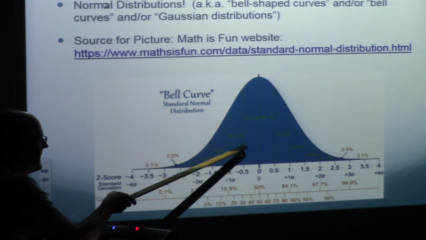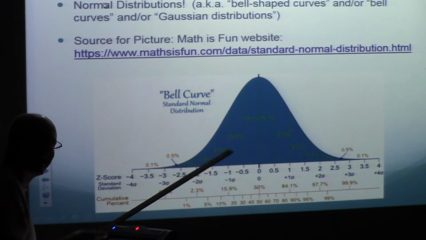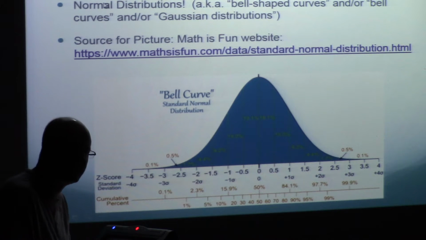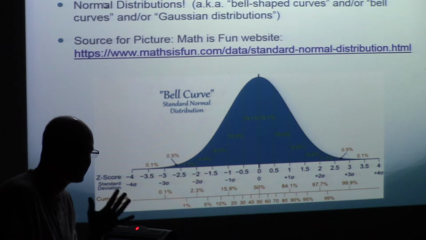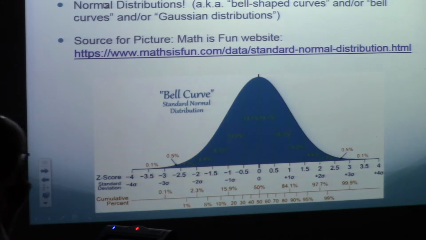About 68% of the whole area under this curve goes between -1 and 1, and that's the same approximately as the percentage of data that's within one standard deviation of the mean. That's of fundamental importance, okay, that you understand that. We're going to use this more generally, though. We're going to calculate areas more generally using our calculator and a table.